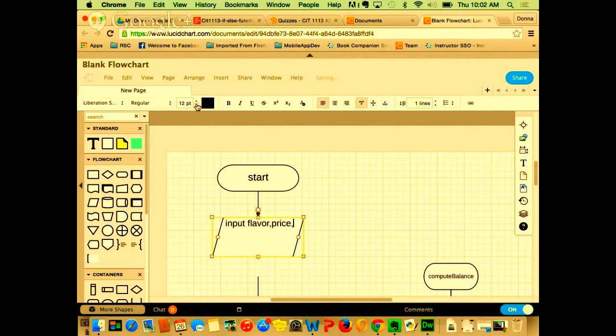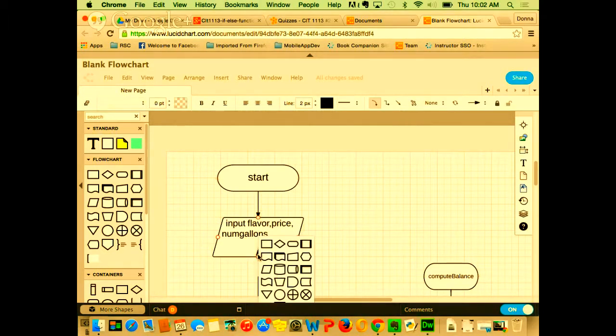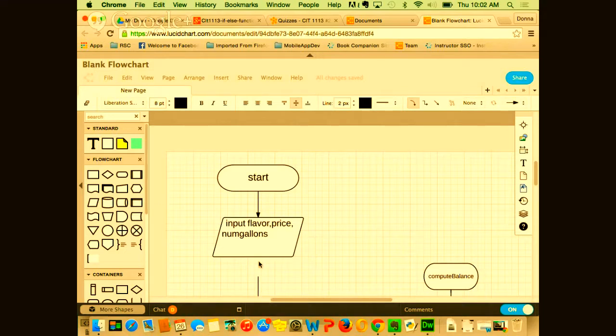And what was the last one? Number of gallons. Okay, so I'm putting num gallons. Okay, so there's my input. I was going to make it a little shorter, but it didn't want to let me do that.